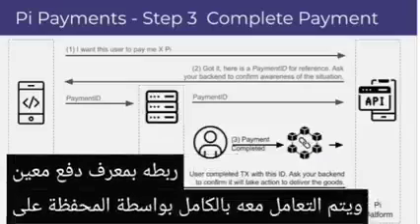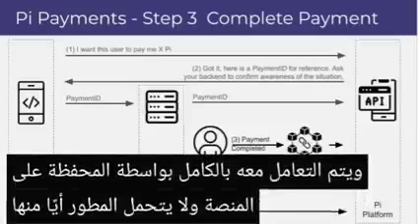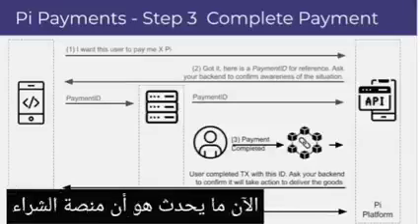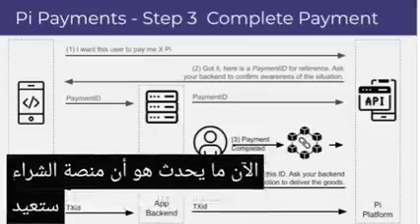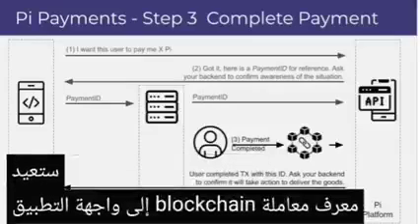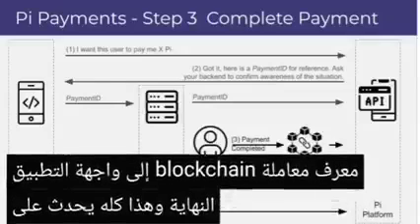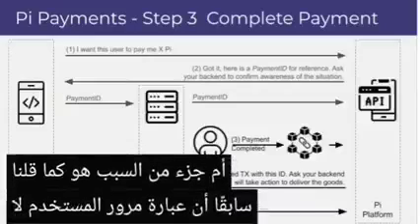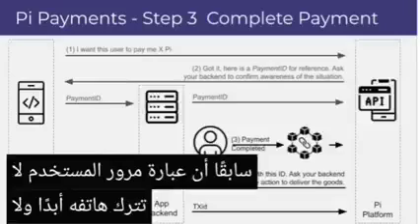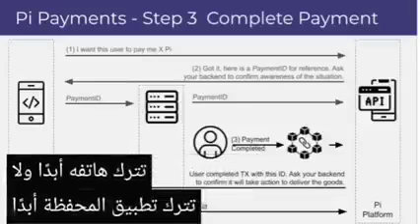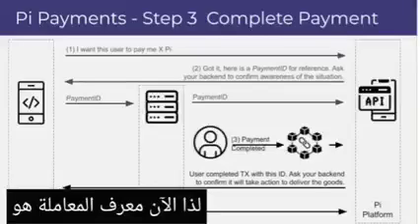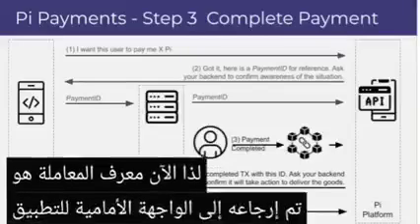And that is all handled by the Pi wallet and the platform, and none of it is the responsibility of the developer. Now, what happens is the Pi platform is going to return the blockchain transaction ID to the app's front end. And this is all happening on the front end side. Part of the reason being, as we said earlier, the user's passphrase never leaves their phone and never leaves their wallet app, for obvious security reasons. So now the transaction ID is returned to the app's front end,